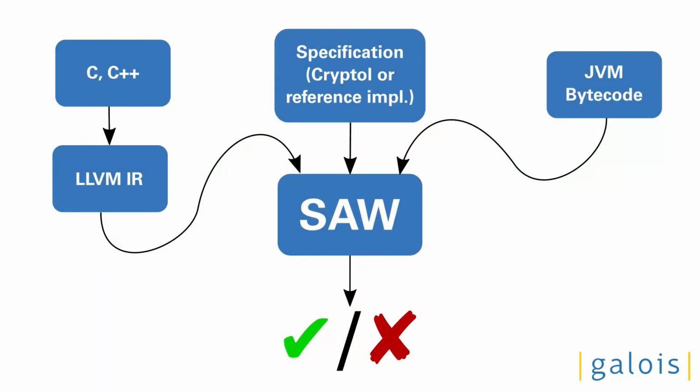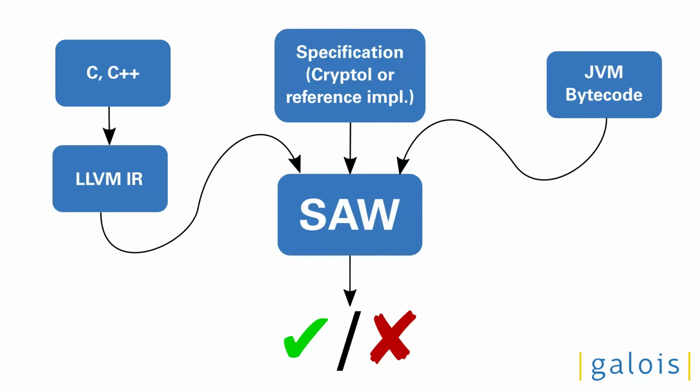Lately, we've been making it possible to write SAW proofs using Python, and it's just about ready for a demo. SAW, the Software Analysis Workbench, is one of Galois's verification tools. SAW uses a combination of symbolic execution, SMT-assisted reasoning, and interactive theorem proving to reason about programs written in imperative languages, like C, C++, and Java.